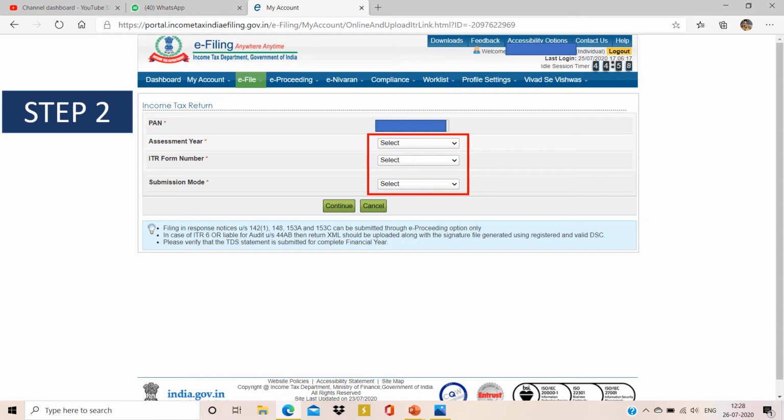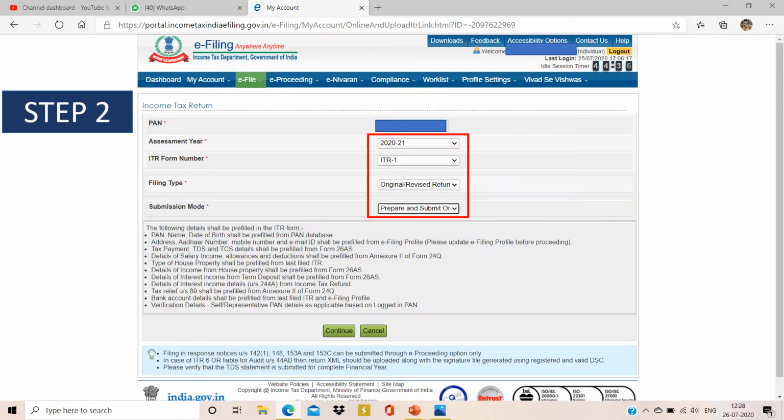Now you get a new page where the PAN number is always captured. You have to update three tabs. The assessment year is 2021, the ITR number is, of course, ITR 1, and choose the appropriate options below in the presentation.